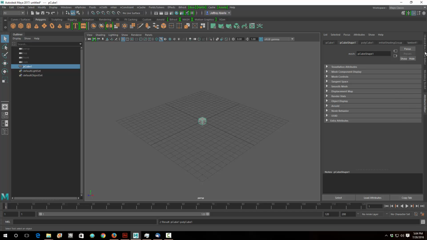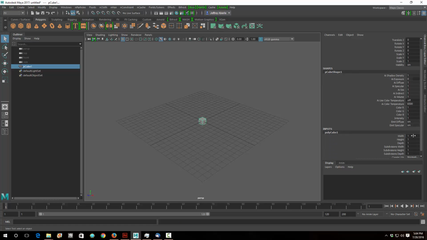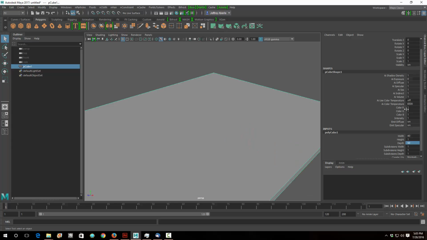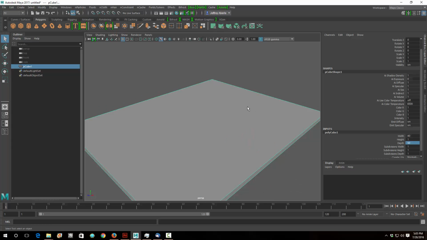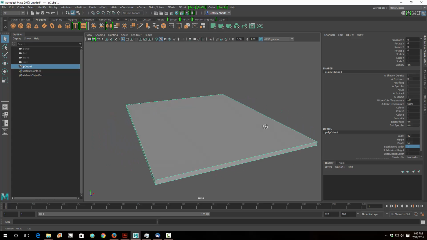I'm going to go to the channel box layer editor and hit this polyCube input here, and I'm going to give this a width of, let's just say 40. The height I'll leave as 1, and the depth I'll make 40 or even 50. Okay, so that'll work well. I want to get more water in it this time, so I want to make it a little bit bigger. And I don't need any subdivisions here. So what I'm going to do then